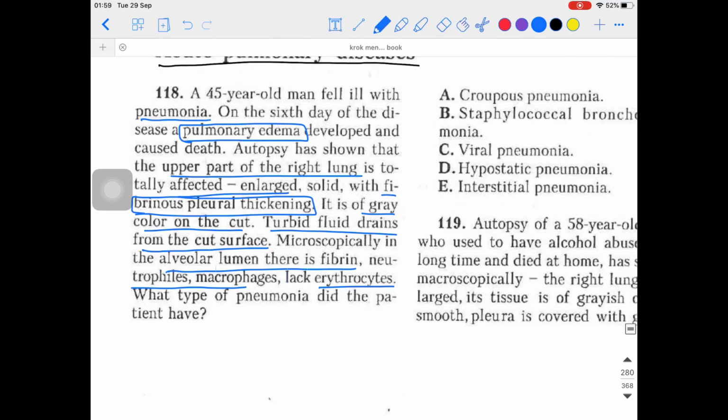So a lot of things are given over here, a very long question, but you need to pick the important points. They talked about the pulmonary edema, but the most important thing is this. They gave the macroscopic finding and the microscopic finding; these two findings you need to look for in the question when you are talking about pathomorphology. So look, guys, for the microscopic finding, in the alveolar lumen there is fibrin, along with cytokines, neutrophils, macrophages and all these things.